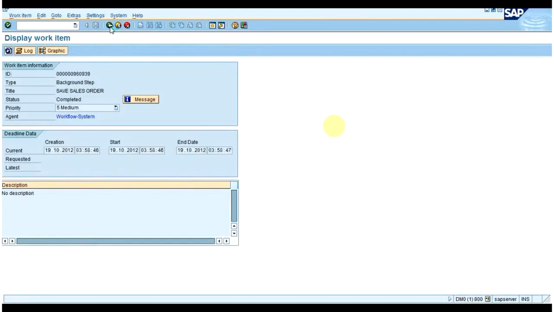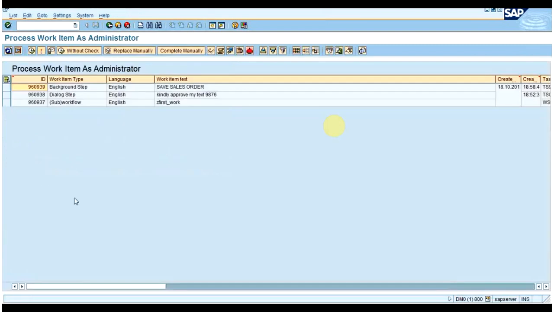Suppose in preparation, I will show you how you can set the condition for the work item so that the status is in preparation. Next I will show you waiting. Whenever I add a requested start timeline, when I discuss deadlines, I will show you how the task or work item is in waiting step. Then ready: in Business Workplace, if you go to the inbox in the workflow tab, whenever that work item appears in the inbox of the user, it appears as ready state. The icon, the box, will be completely white. Let me show you in the workflow tab.